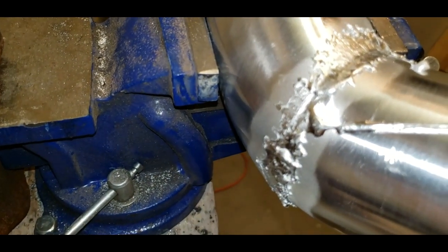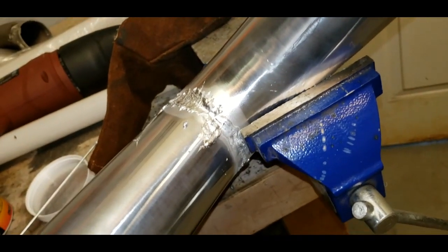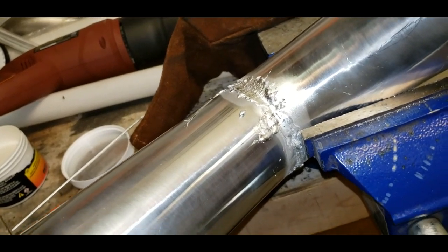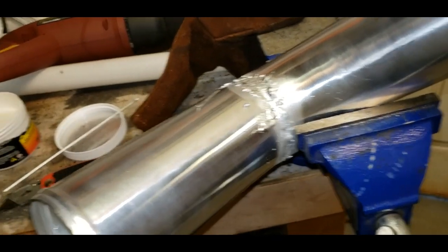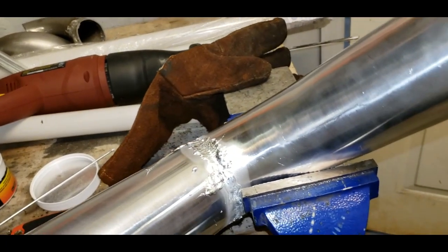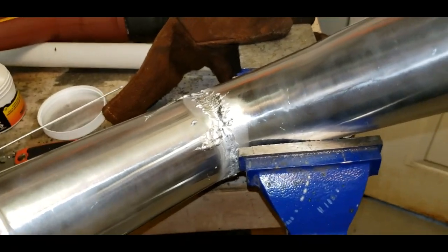You can't just hold the heat on it like the videos show. You really got to back off. I do a lot of brazing at work, and I'm pretty good at it. And this stuff is so touchy because it's aluminum. It melts as soon as it touches the pipe, and it just disappears if you're not careful with it. So it's all about heat management, backing your torch off, backing it on, in and out until you get it